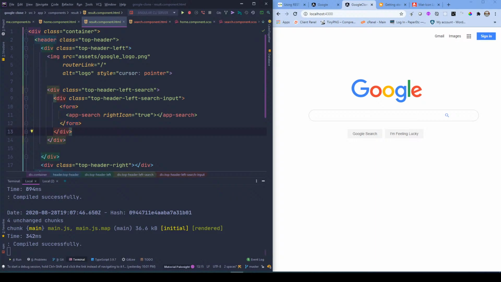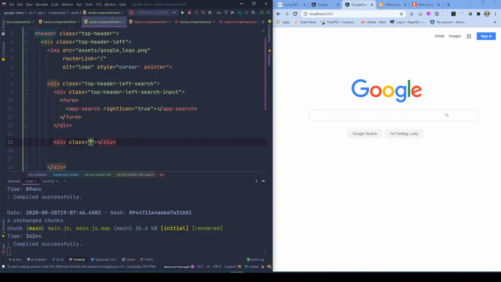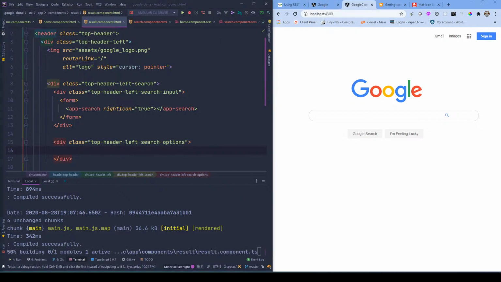Also, just below the div here, I will have another div with the name top header left search options, and in the options we will have a few icons and the settings section there. Okay,